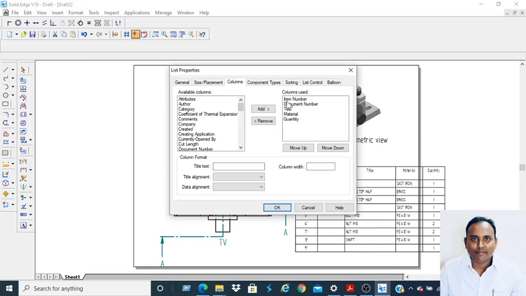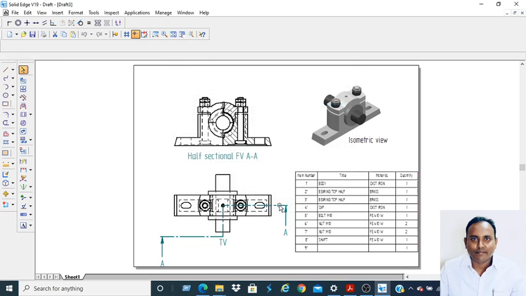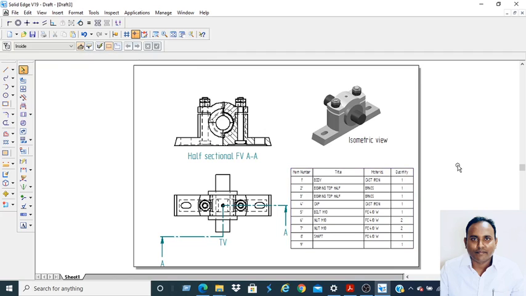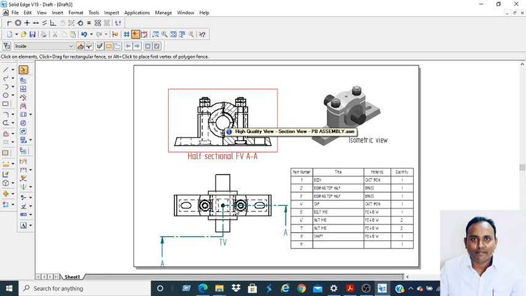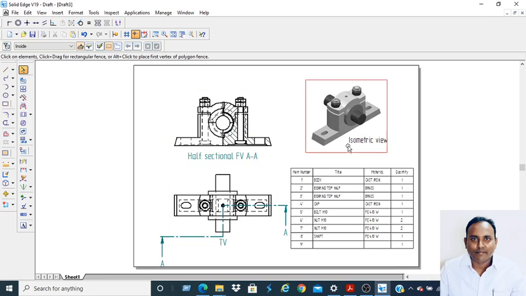Here it displays item number, document number, title, material, quantity. These are required; document number is not required. Select this one and remove. Place it properly. Now this is okay. Whatever the components shown, body, it is of cast iron, quantity 1. So this is your half sectional front view, this is the top view, isometric view and table.